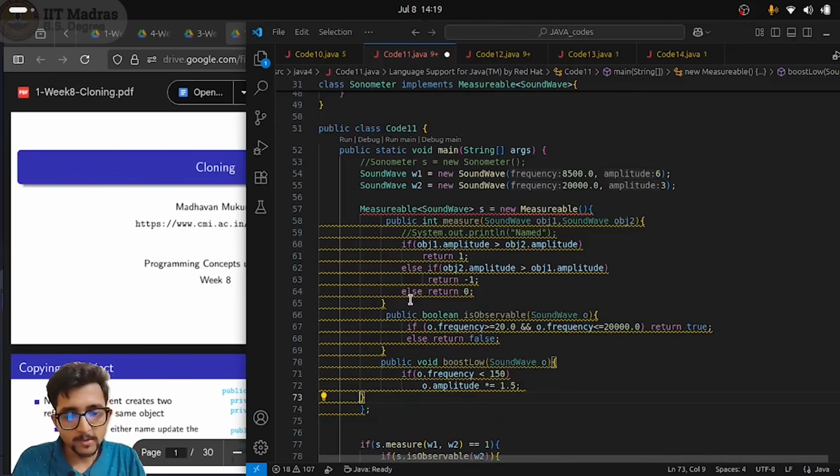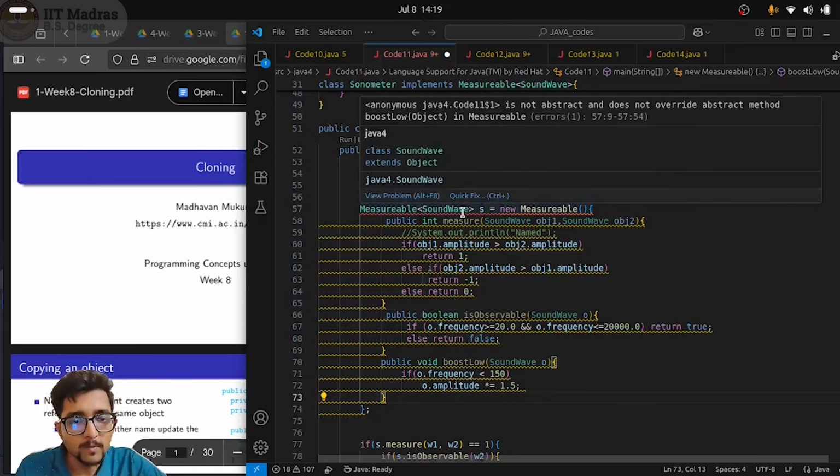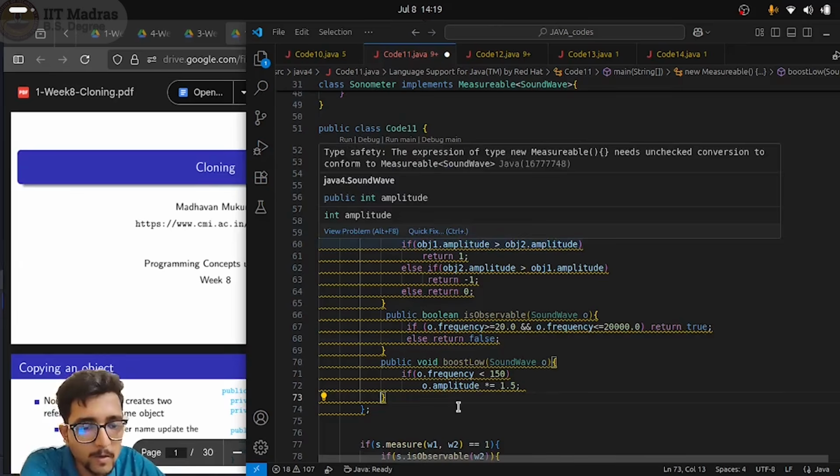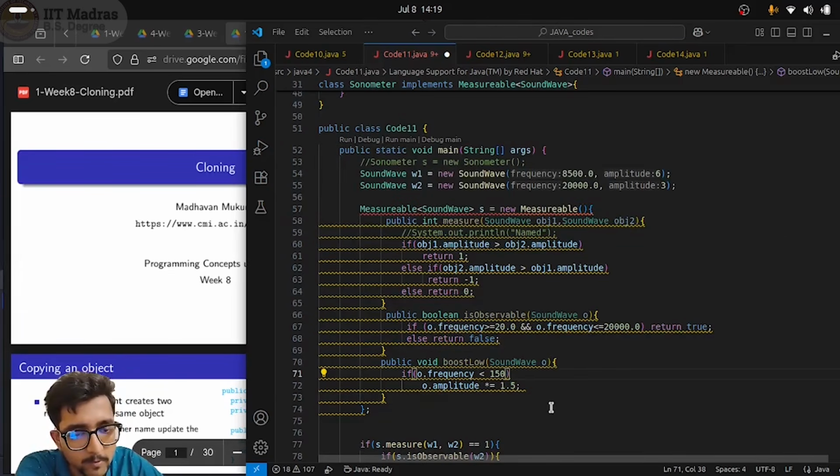Oh, this is not part of measurable, right? Oh, yeah, no. Anyway, boost flow is part of measurable. Yeah. So we have copied the class, right? What is it all about? It says it is not abstract and does not override abstract method boost flow object in measurable. Why? Boost flow is